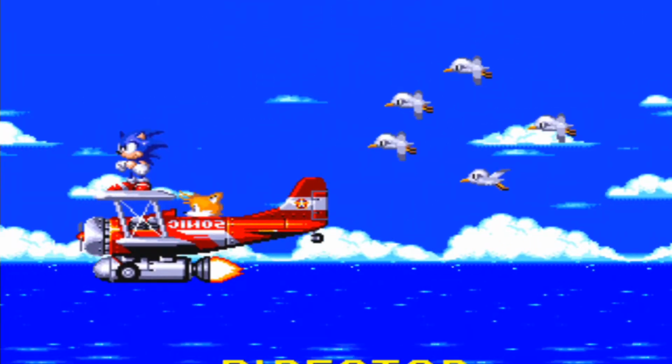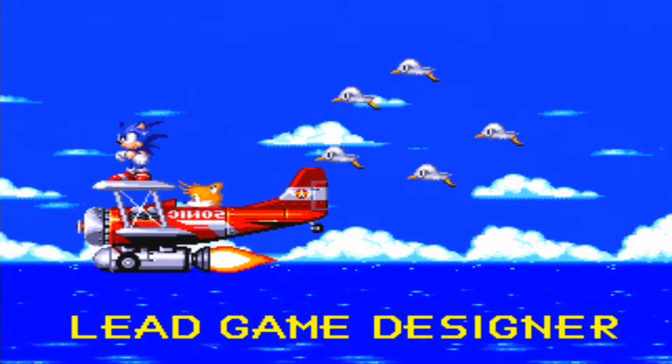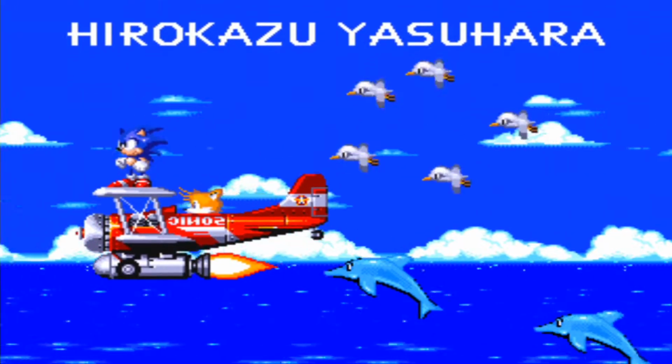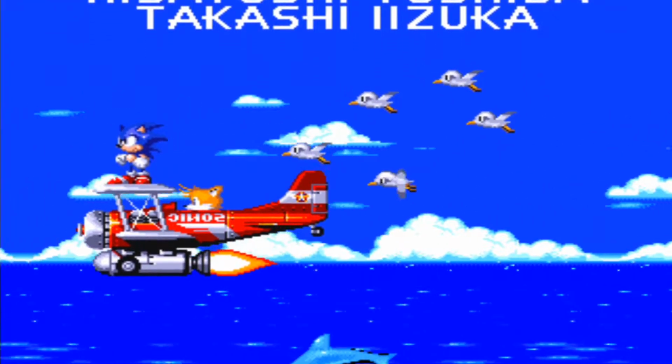As for the normal ending, what happens is that if you get all 7 of the Chaos Emeralds, but you couldn't bother to get the Super Emeralds, what it shows is basically just Eggman or the Egg Robo about to come back to life and have a personal revenge on Sonic and Tails and all that stuff, so...